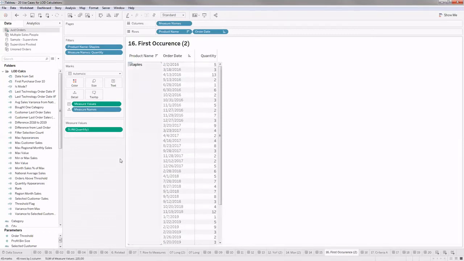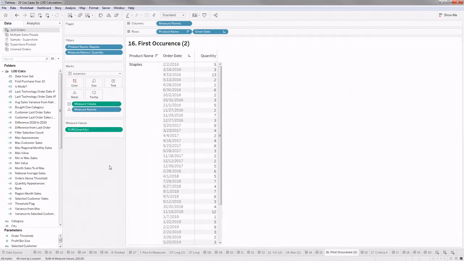Let's say I want to know when this particular product has been ordered more than a certain threshold. Let's say, given all these numbers, when staples has been ordered more than 10 times, more than 10 quantity on a certain day. I want to get that date.